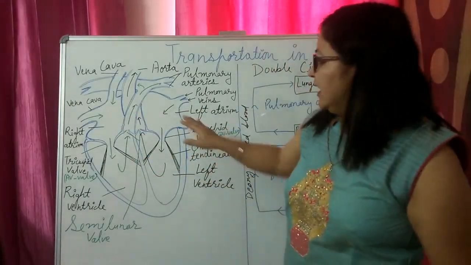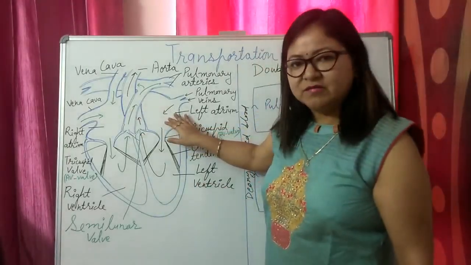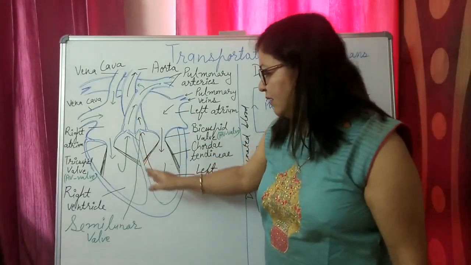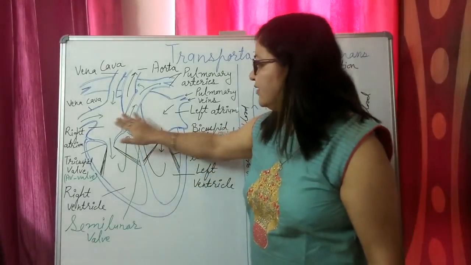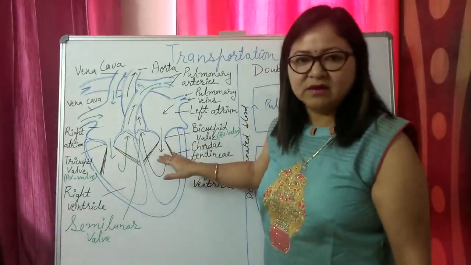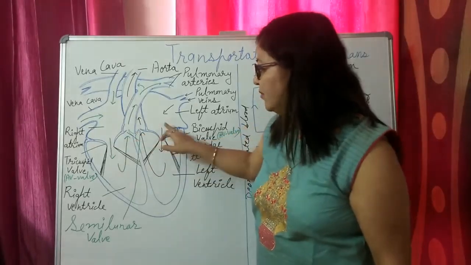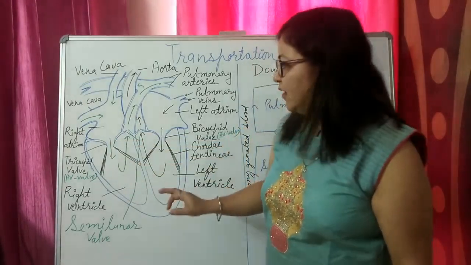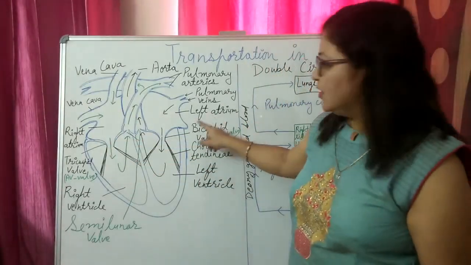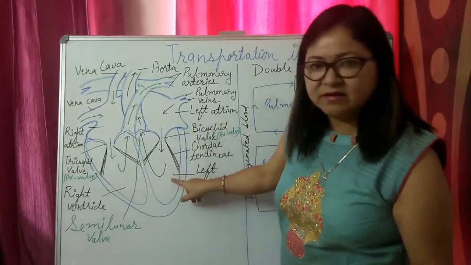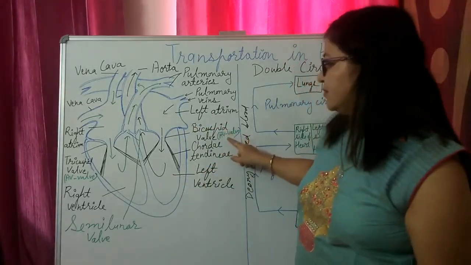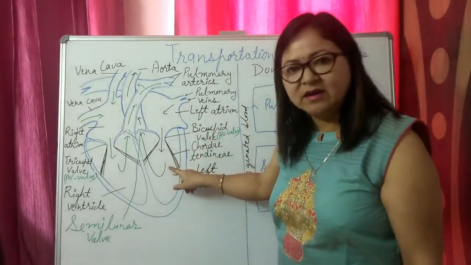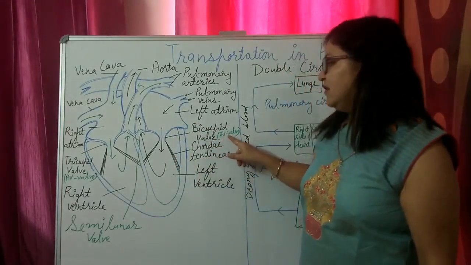Now, the upper chambers and lower chambers of the heart are separated from each other with the help of a septum. The atria are separated from the respective ventricles also, but they open through some openings present here. These openings are guarded by valves. If we study the left side of the heart, the opening of the left atrium into the left ventricle is guarded by the bicuspid valve. As this valve is present between atrium and ventricle, that's why it is also called AV valve or